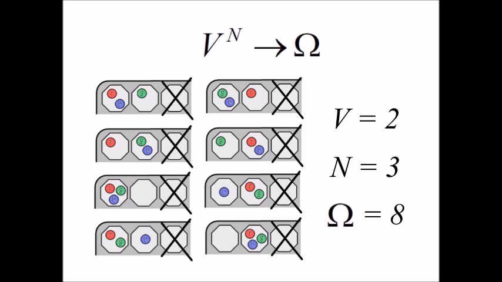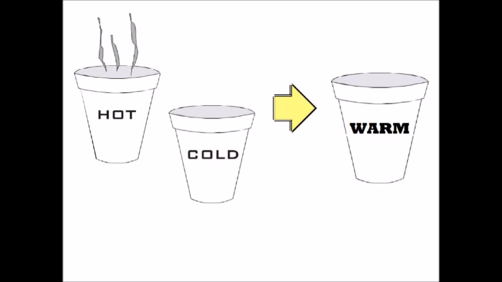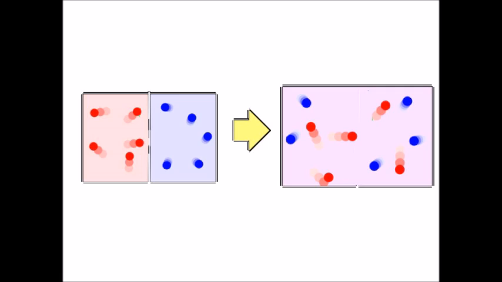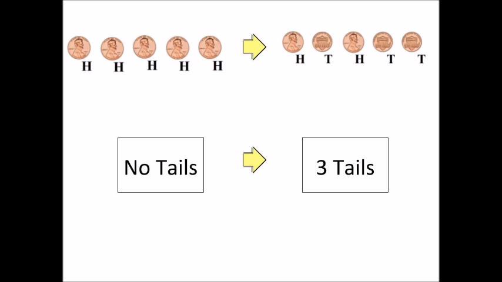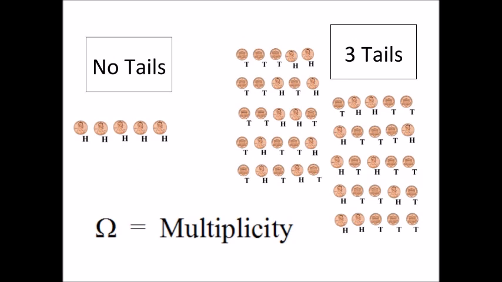That's a problem. How does multiplicity help us understand entropy, like heat flowing from hot to cold, or a gas diffusing? Well, let's consider 5 coins this time. Pennies. 5 quarters, that's too many for me. Here is a very ordered state. Not very likely if you just flipped all the coins randomly. If we take that system, that ordered system, and shake it up, you'd be more likely to get something like this, maybe 2 or maybe 3 heads. Work out the permutations. The 3-tail state is 10 times more likely than the no-tail state. Probability is a thing.